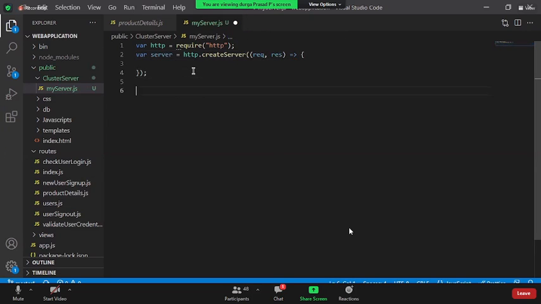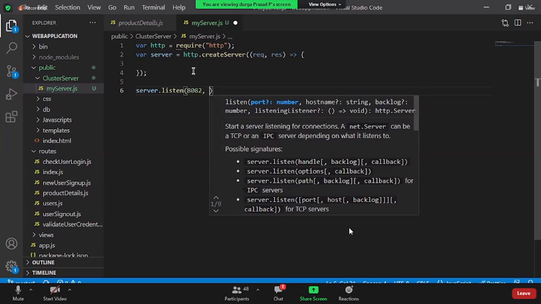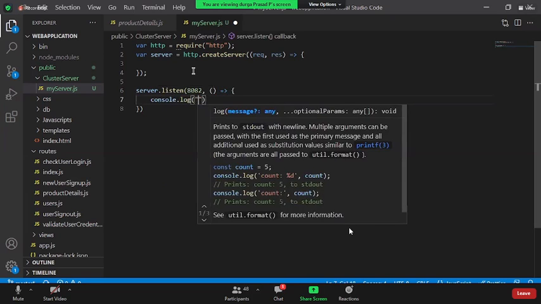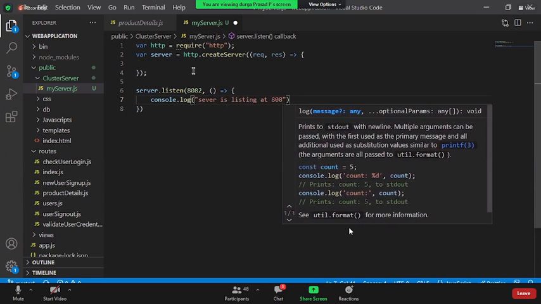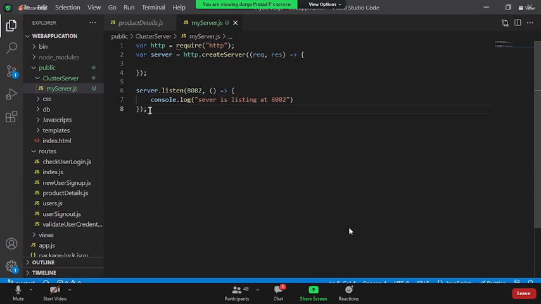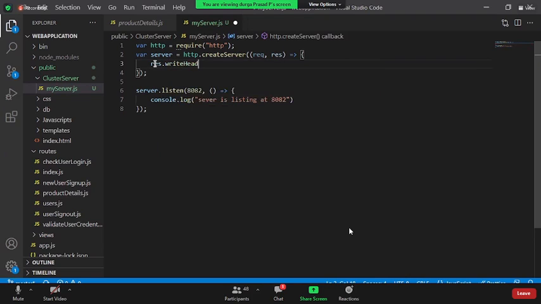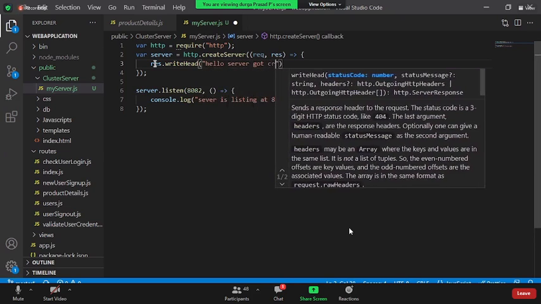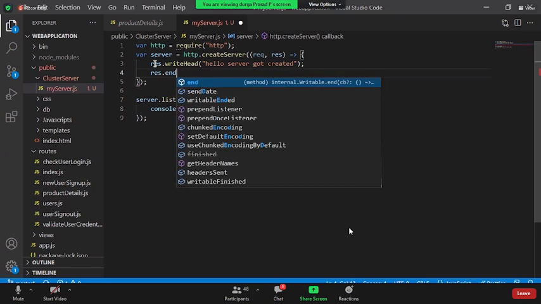Then server.listen, say 8082, and console.log server is listening at 8082. On the top we used to say response.writeHead, say hello server got created, and I simply say response.end.